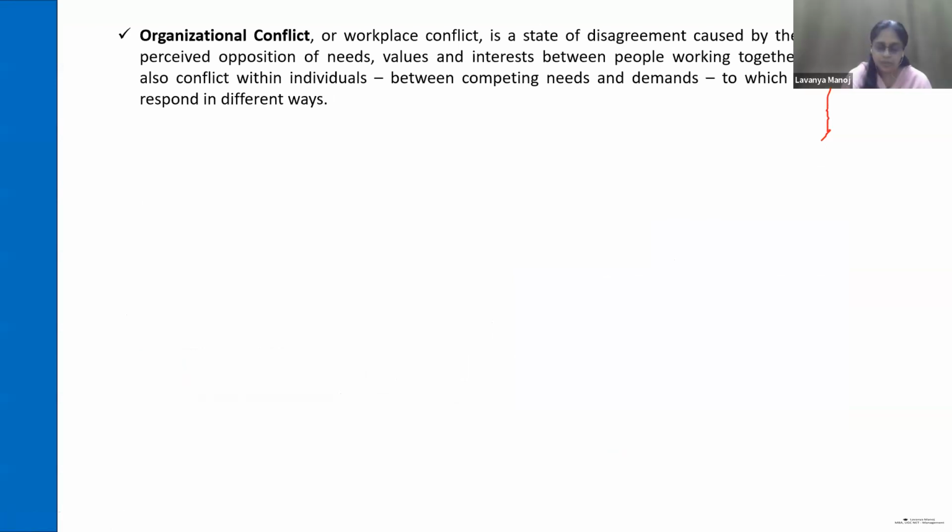Okay. So we already know what organizational conflict is. Any conflict, any misunderstanding or non compliance with the workflow or whatever it is. So between two employees, or between two departments, or between an employee and a department, or between a group of employees in the department, or between departments and the management, or between employees and the management, whatever, conflicts can arise anywhere in the organization between any two parties.